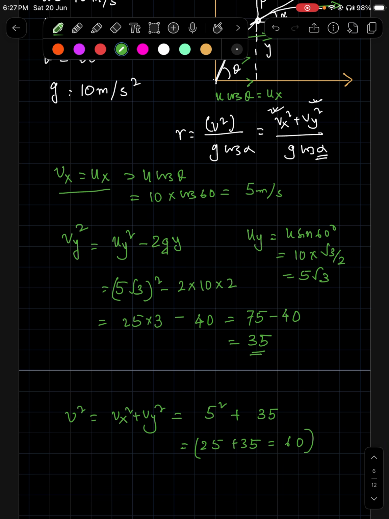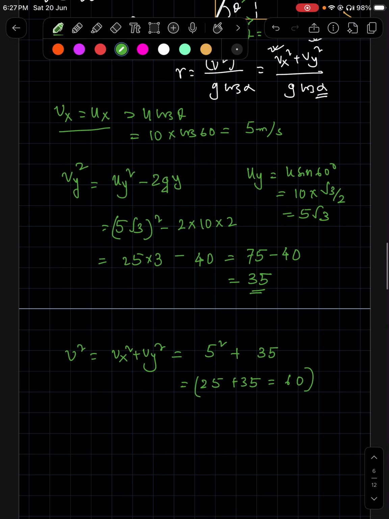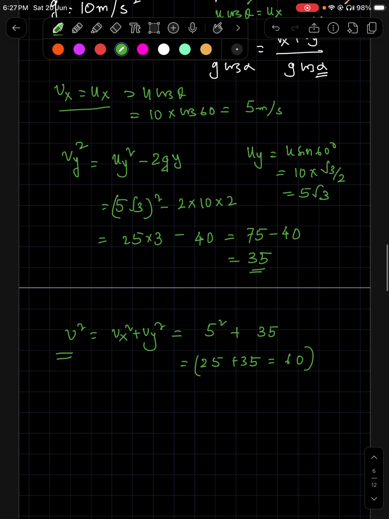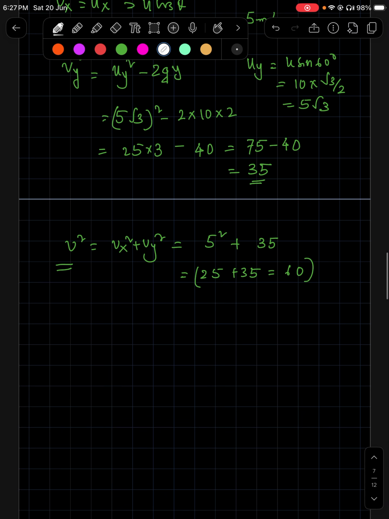Okay. But this can also be found. The velocity, the v square, can be directly found if the mass of the particle is also given. But I have not talked about the mass here. So without the mass, this can be found in different ways. I am going to show you a second method. It is much easier